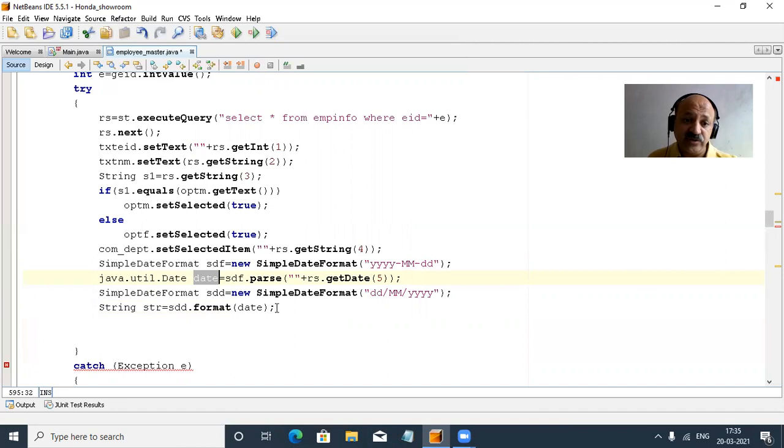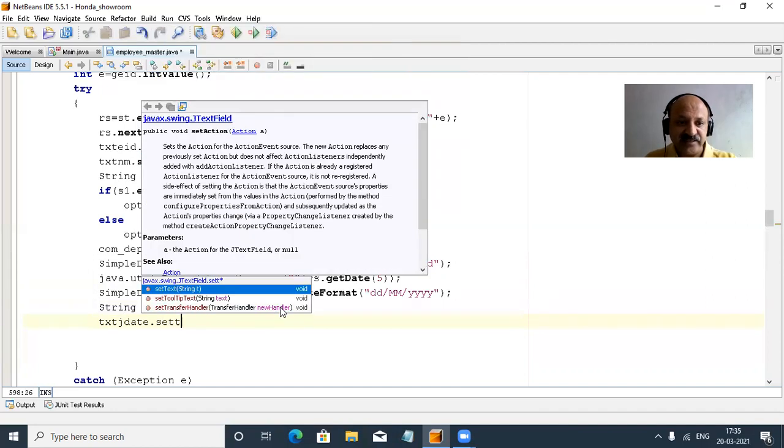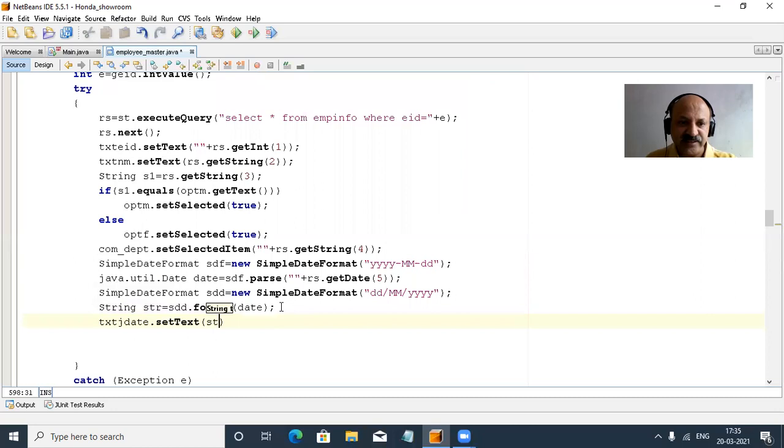And now because our field is a text box, we take the date in the string variable, and now we take the joining date: txtJDate, that is a text box, setText and pass the str string variable. So that is perfectly our date.